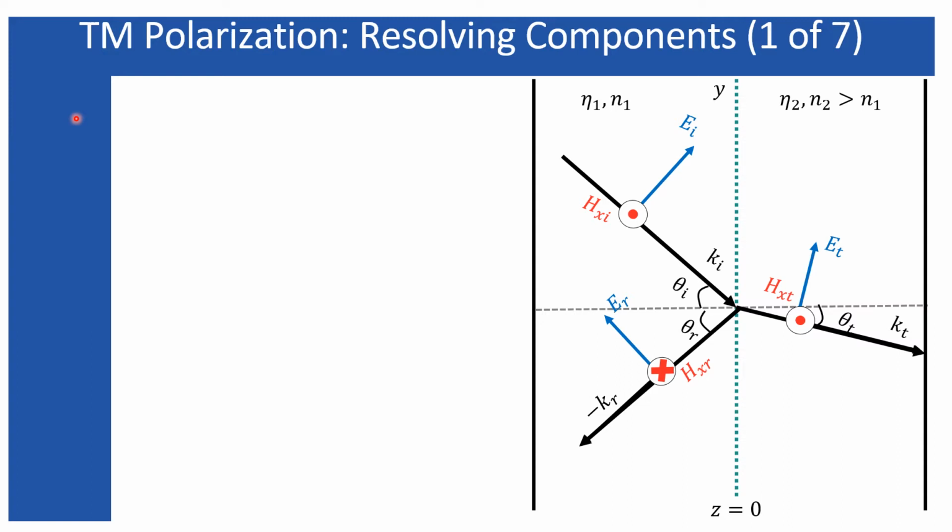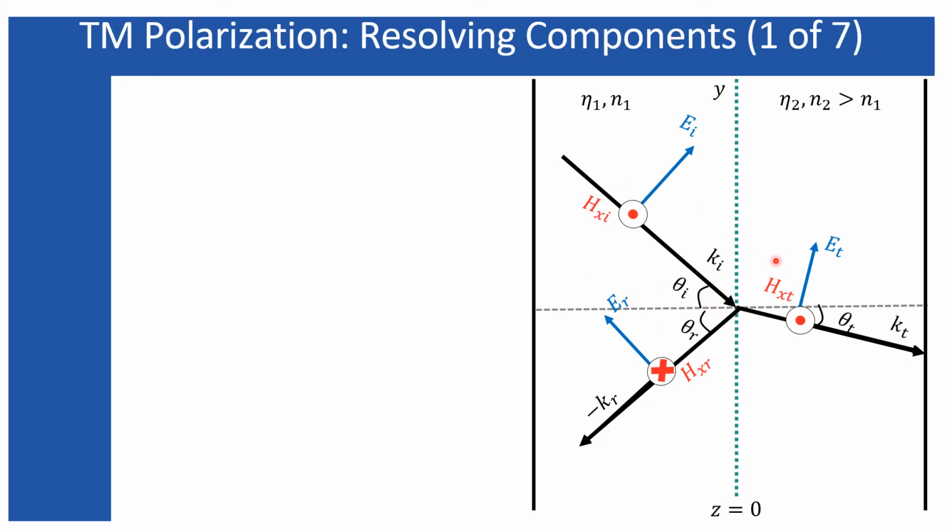Although I am considering the TM polarization first, the analysis procedure for the TE polarization will be the same. If you understand one, you can do it yourself for the second one. But other than this, there are many things that I'm going to discuss in this lecture that are independent of the polarization. That means the total internal reflection and Snell's law are independent of the polarization. But the amplitude that gets transferred from medium 1 into medium 2 is based on the particular polarization when the incident wave is making an angle with the surface normal.